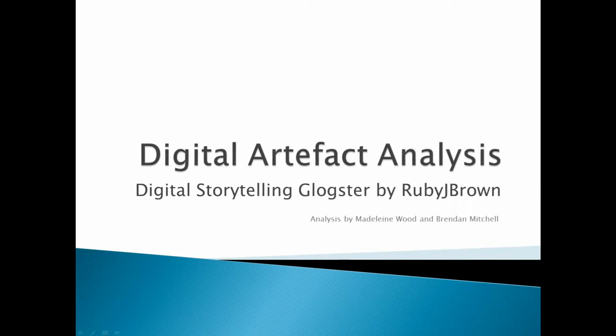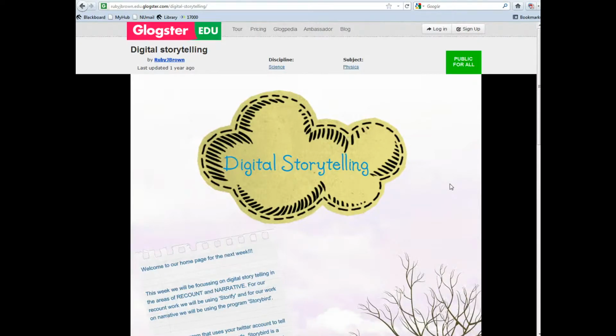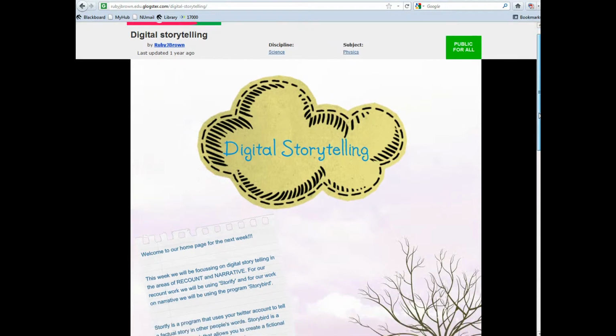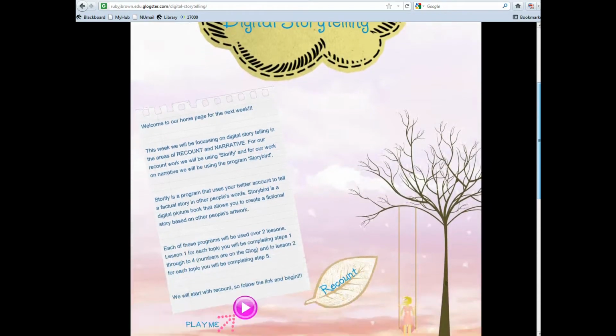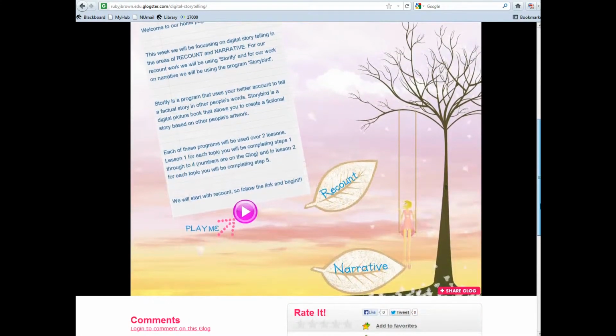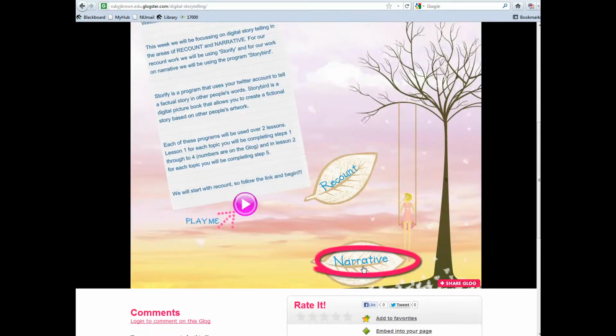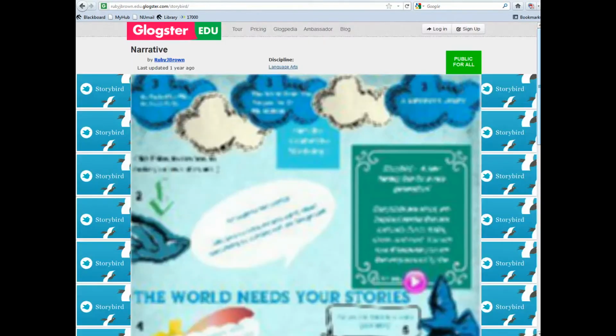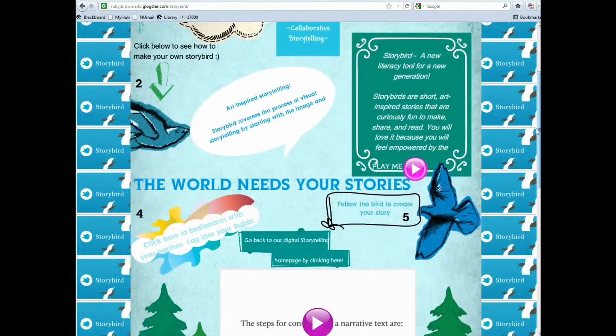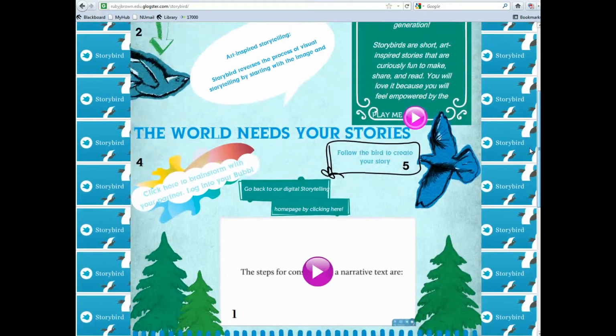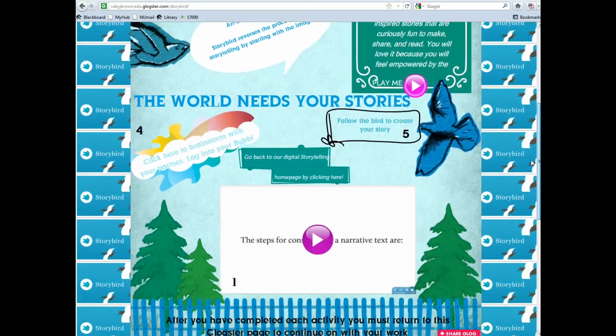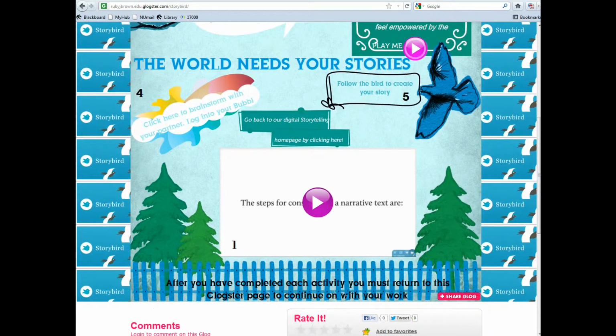called digital storytelling. One of the negatives of the Glogster digital storytelling page is the misuse of screen space and the inability to see the actual content without scrolling down or shrinking the page. With the actual narrative page, the page itself could be referred to as being too busy, with too many things going on. Also, the primary instruction on the page, after you have completed each activity you must return to this Glogster page to continue on with your work, is at the very bottom of the page and isn't visible without